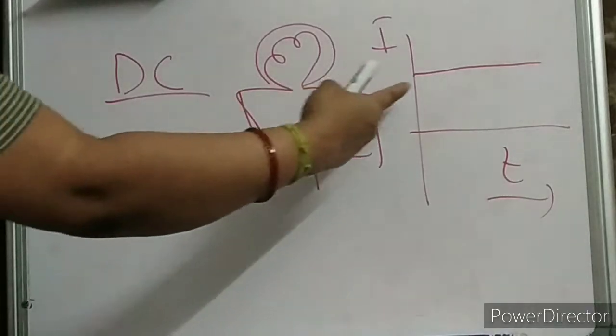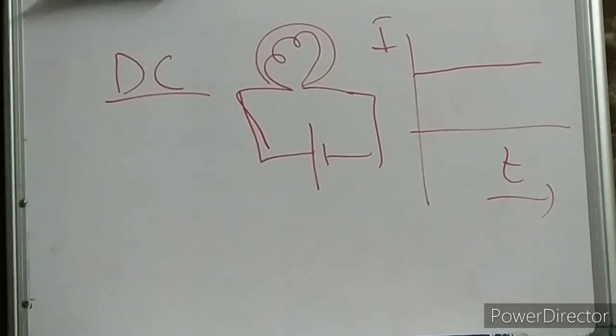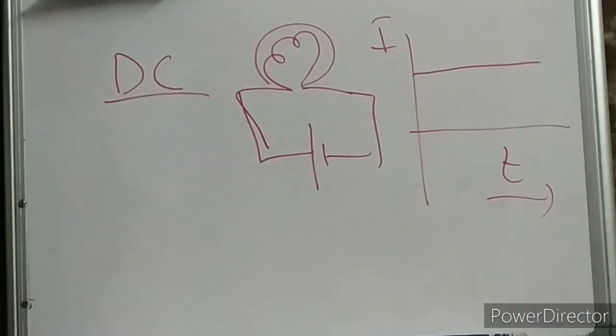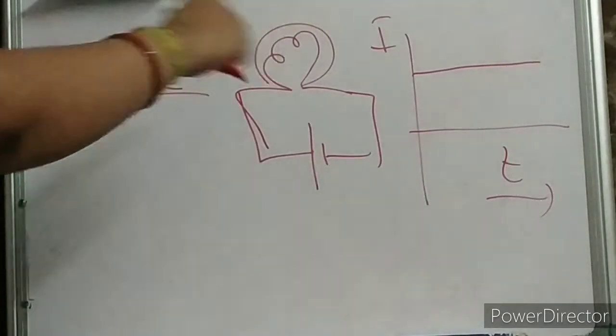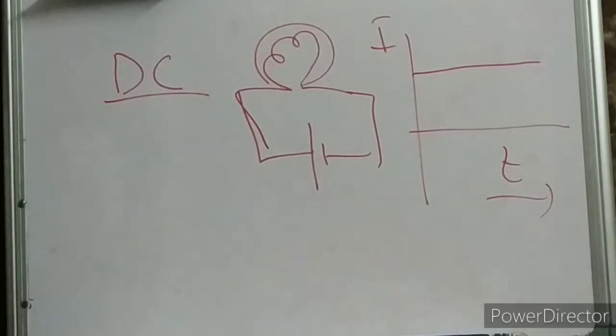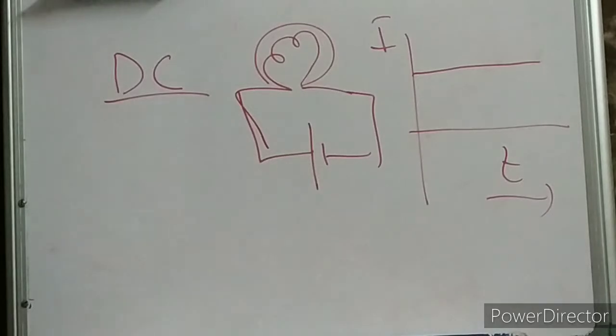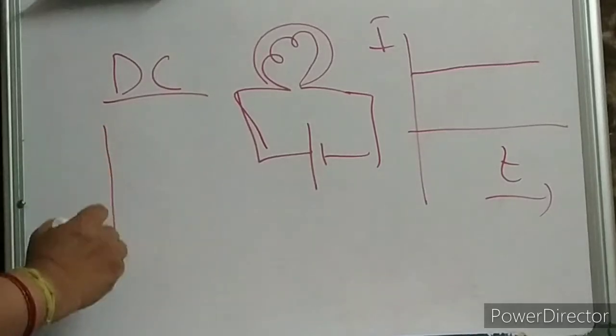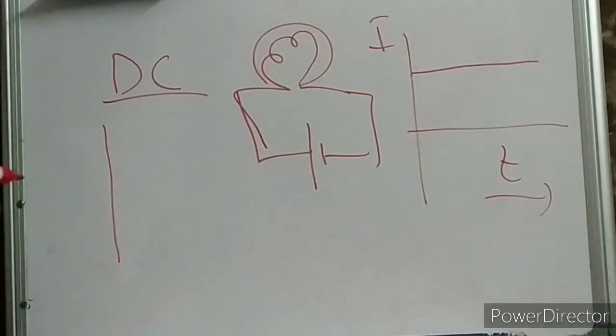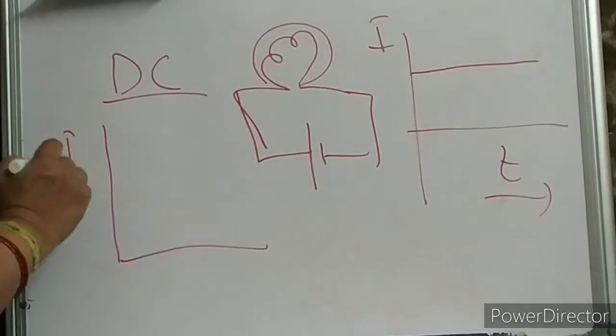Tell me, what is the frequency over here, children? What is the frequency in case of DC? It is 0. Clear, children? There in AC it is 50 Hertz. Here it is 0. Frequency is 0. And we normally use a battery to get it. So there are many sources where we use a battery for DC current. Clear? And I have already told you the magnitude is either constant or variable. Variable means you will see sometimes. In higher classes you will see it.